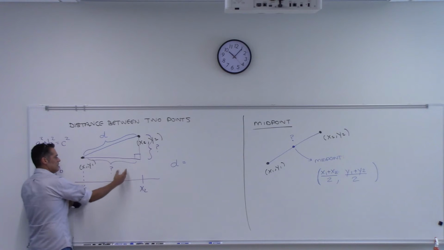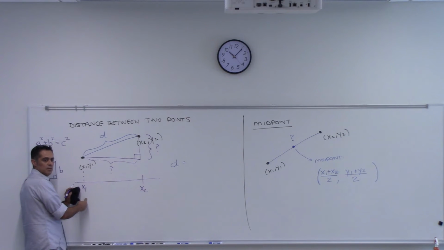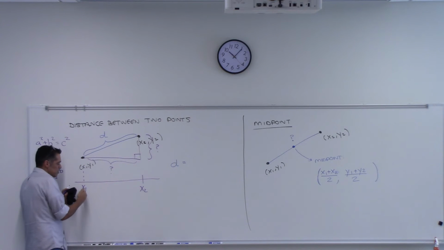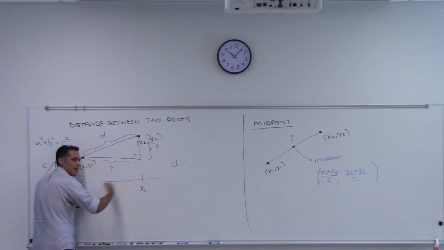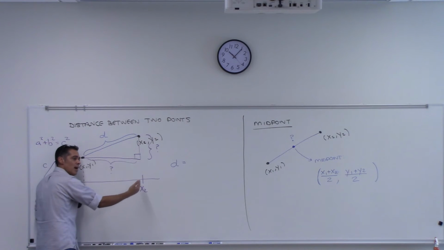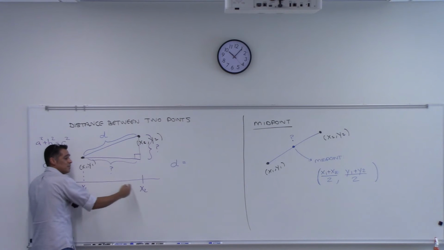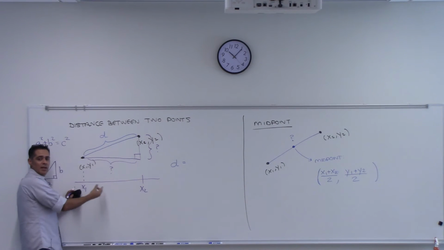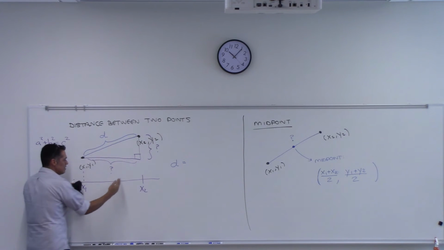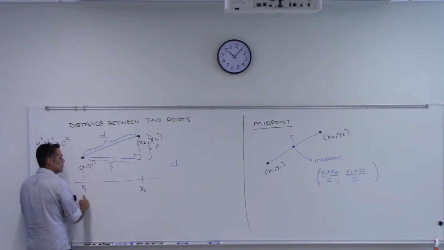So isn't this distance from here to here just this number minus this number? Right? So imagine this was 1 and this was 4. Then wouldn't that be 3? If this was a 1 and this was a 4, you'd subtract, take 4, take away 1, you get 3. If this was 7 and this was 10, then you would do 10 minus 7 and get 3, right? So this distance from here to here will always be this number minus this number. So let's put that there.